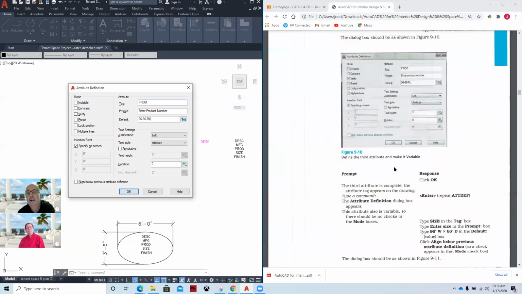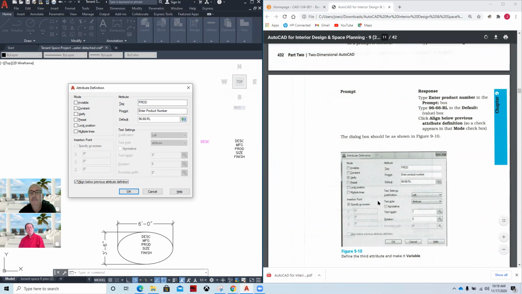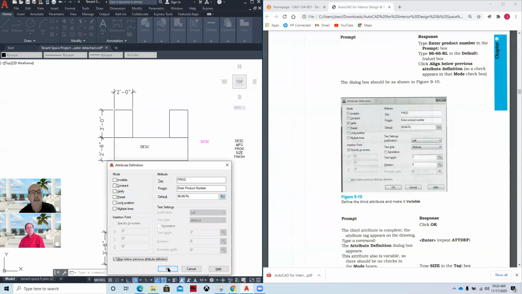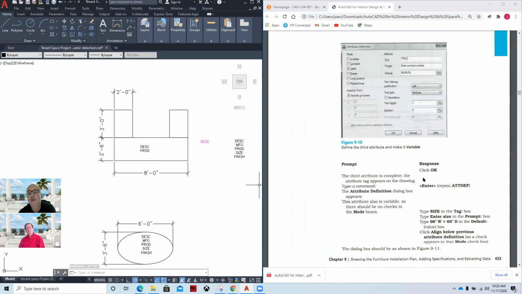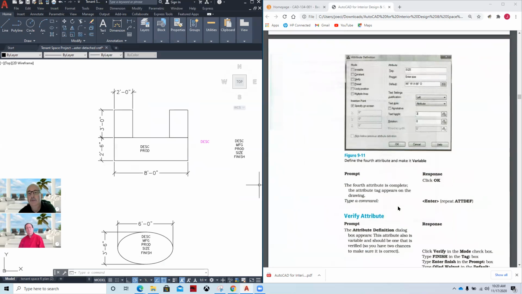Okay. So once we have entered the product number, type in the value, a line below previous is important. And so here's this little check mark. What it does is it just keeps them all lined up so that you don't have them messy all over the place. Makes it neat. So once we do that, all we do is click OK, and it'll actually just drop down right underneath the last one. So if I click OK, there it is. And so we just continue this same scenario where we create the next attribute, and the next attribute will be